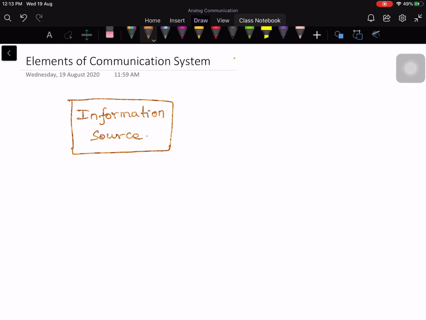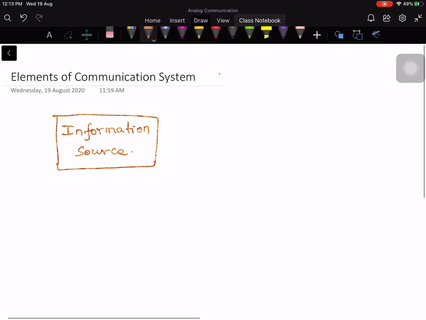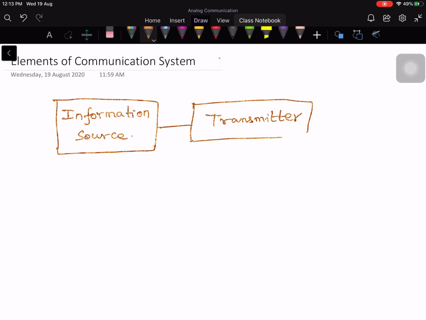As I already mentioned in the previous lecture, you have a voice, like acoustic pressure, that is first converted into an electrical signal through a microphone. That microphone is called a transducer. The source of information, after its electrical conversion, is given to a system or some equipment, and that equipment we typically call the transmitter. I will explain these blocks one by one in detail in a little while.